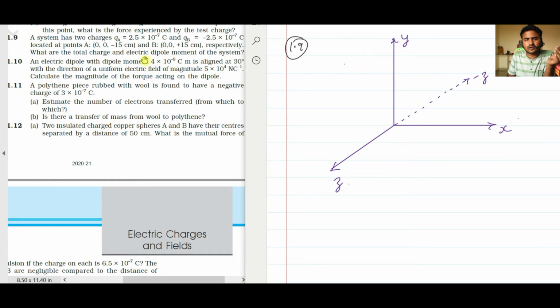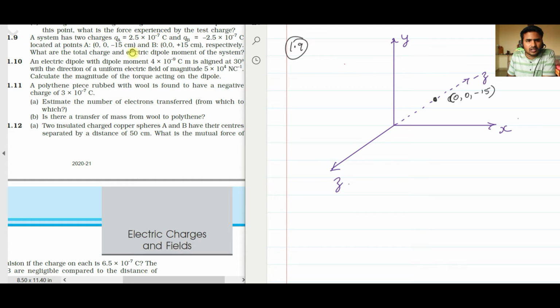So that is, the Z coordinate is negative. The first 0 gives you the X coordinate, the second 0 gives you the Y coordinate, and the third, minus 15 centimeter, gives you the Z coordinate. Z is minus 15, it seems. So minus 15 means somewhere here. Okay, so that is 0, 0, minus 15. All right, and there what are you having?